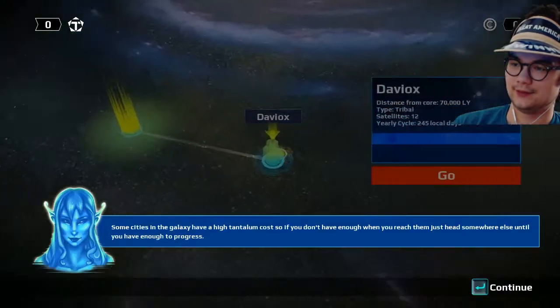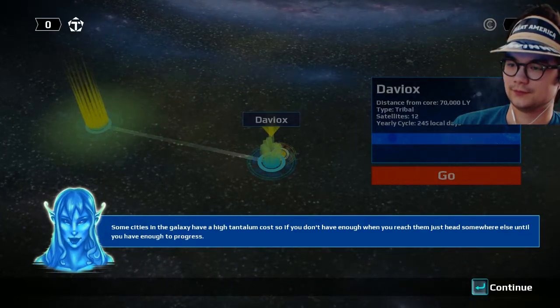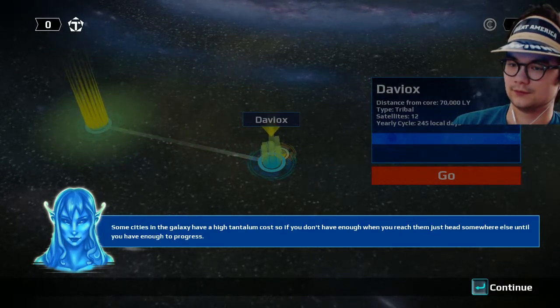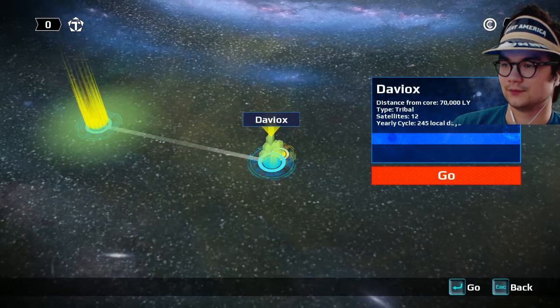I hate it. Some cities in the galaxy have a high tantalum cost. So, if you don't have enough when you reach them, just head somewhere else until you have enough to progress. Okay. When you are ready to try the...